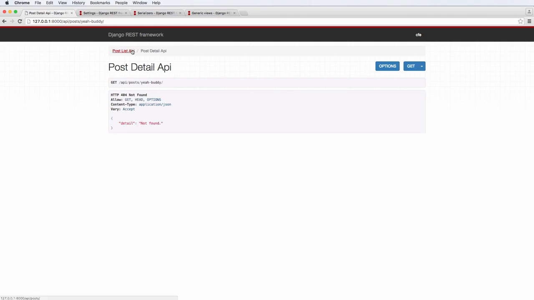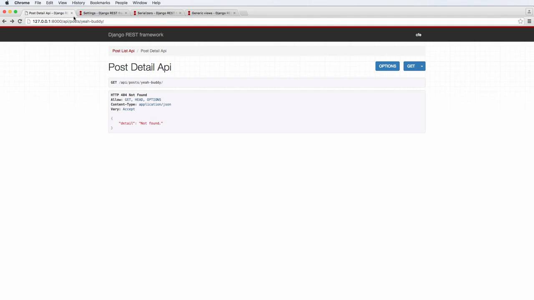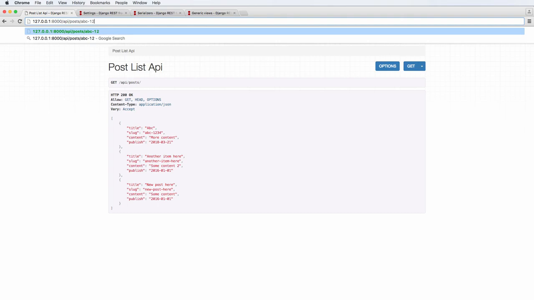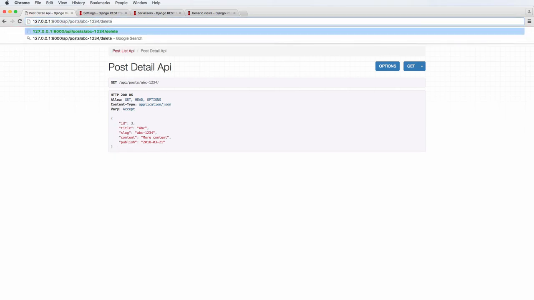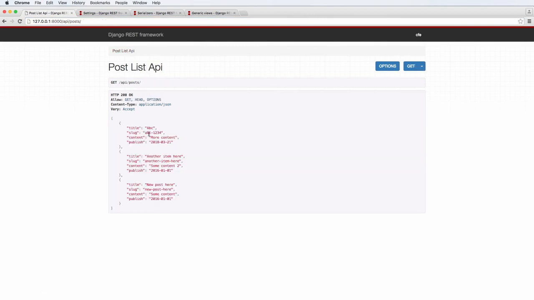So if we go into post list, what we see here is the most recent one is now ABC. It's no longer Yeah Buddy. So that's working correctly. And then if we go back into Yeah Buddy and refresh, it says detail not found, and that's because that slug is no longer there. It is now ABC 1, 2, 3, 4. So we'll go into that, ABC 1, 2, 3, 4. And then if I want to delete it, I just type out delete, hit enter, and now it should be deleted. We go back into the list,